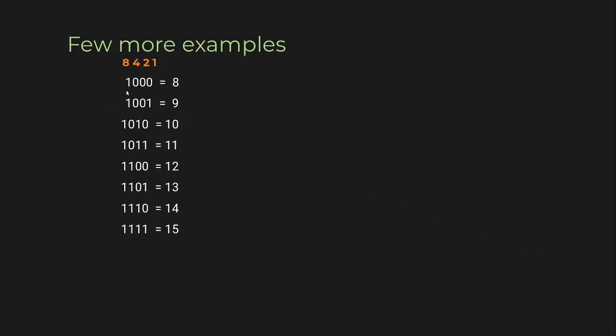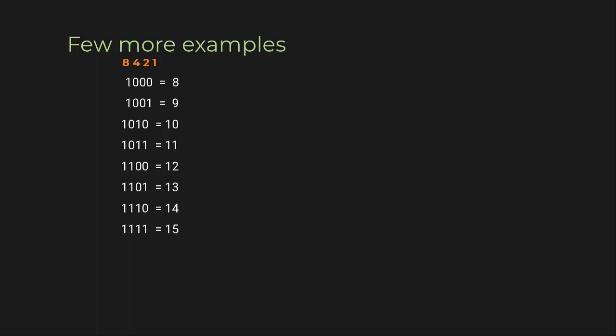So 8421, if you remember 8421, that's enough. 1 is there only in the position of 8, so the value of this is 8. Similarly, this is 8 plus 1, which is 9. This is 8 plus 2, 10. Then 8 plus 2 plus 1, 11. Now in the last case, everything is 8 plus 4 plus 2 plus 1, which is 15. Like that, you can define the value of any big binary number. You just need to remember the powers of 2 basically.